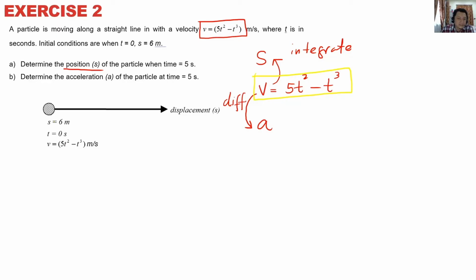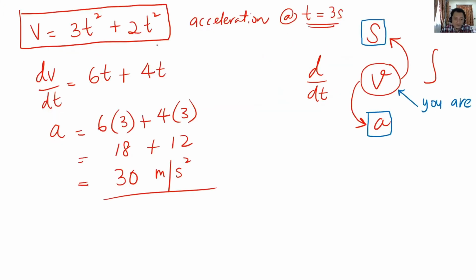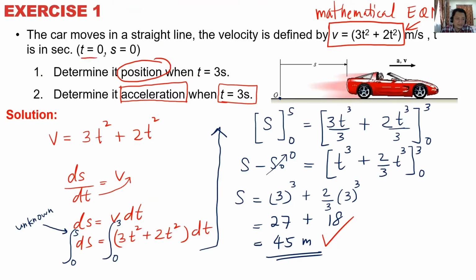Okay. So this is one exercise that you should try on your own. The only thing which is a little weird is probably the initial condition. The initial condition is changed a bit. So when time is equal to 0, S is no longer equal to 0. If you go up here, when time is equal to 0, S is equal to 0, right? So when you get something like this,